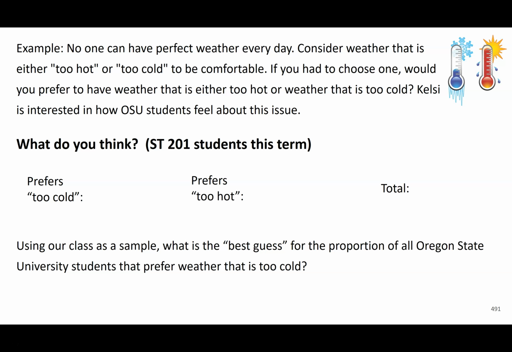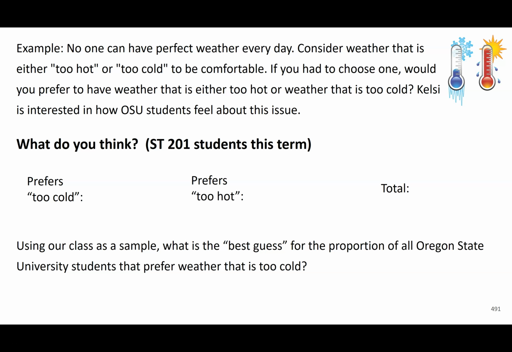So the example that we're going to use throughout this lesson and the next couple of lessons, you might remember, way back at the beginning of the term, I asked a question on that student survey. So no one can have perfect weather all the time, right? I mean, ideally you could, but